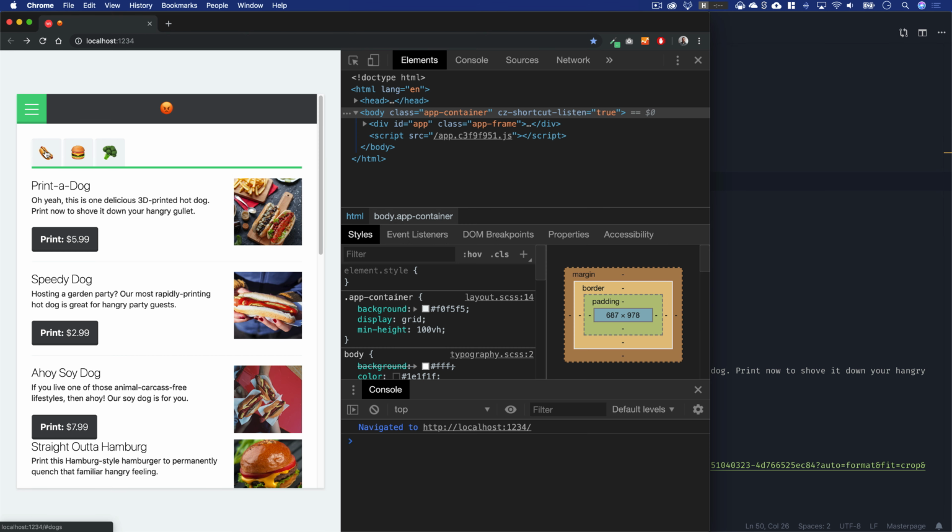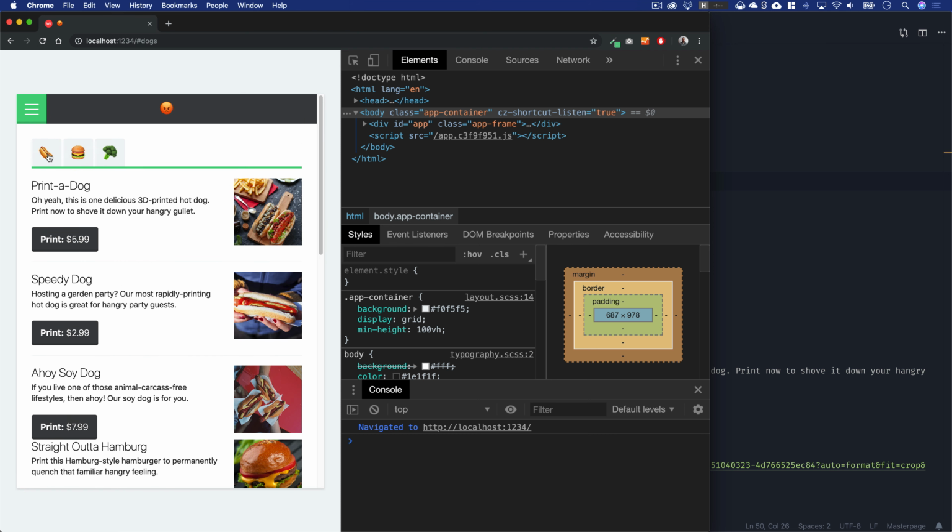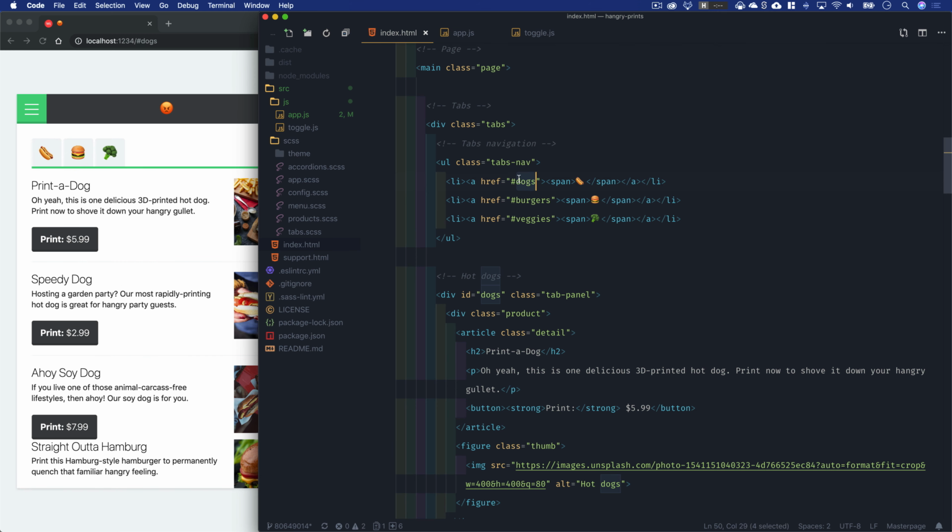When I click on the hot dogs thing, it scrolls me to the div with an ID of dogs, right? Which is right down here. And that's the default behavior of what you could call an anchor link. It's just an anchor link within the current page, or a bookmark within the current page, that'll scroll the user to that area. And traditionally, this is the way you're going to see tabs structured in front-end frameworks like Bootstrap